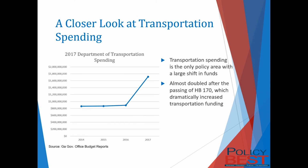Because transportation spending changed so dramatically this year, I'd like to take a closer look at that as well. If you look at the graph, you'll notice that transportation spending remained fairly constant in 2014 to 2016, but then it shot up dramatically this year to almost $1.7 billion. That's because of the passing of HB 170, which was meant by the state government to make a substantive change